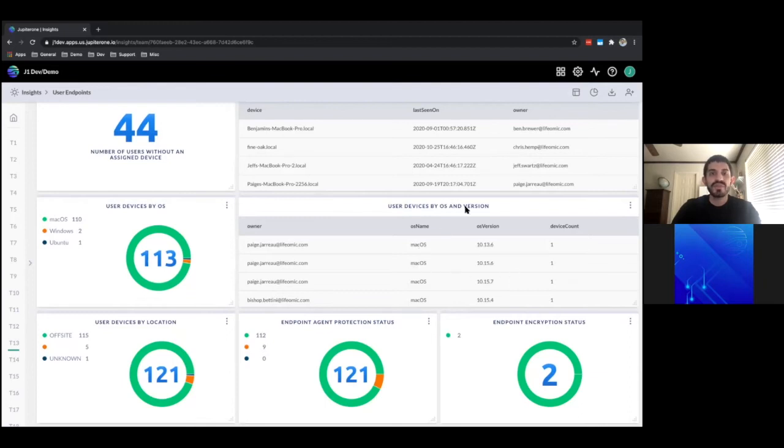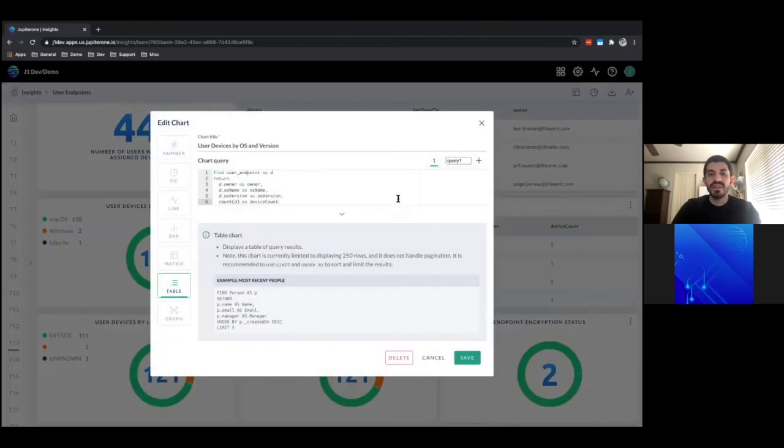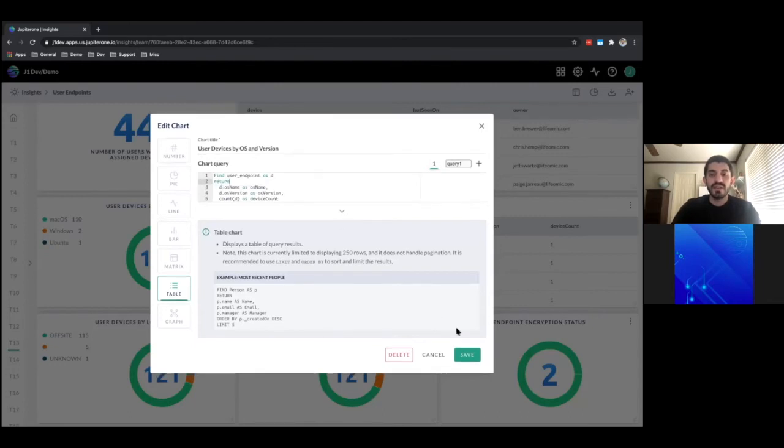And we will jump into users' devices by OS and version. And we'll dig into this one a little bit. But we're able to see that there's an owner and they have a particular device, and we're showing the device version and the number of devices. But if we click edit here, say that we didn't necessarily care about the owner of the device. We just wanted to see what devices are out there and the version, just to cut down on some of that noise. And so if I just delete this line here and then click Save,